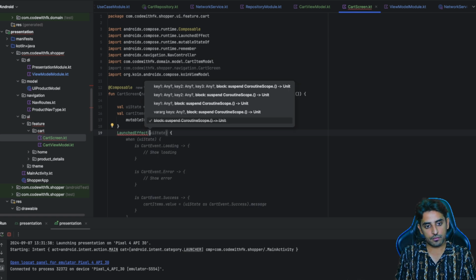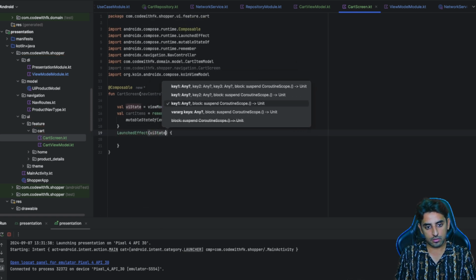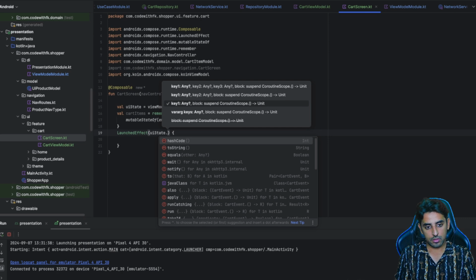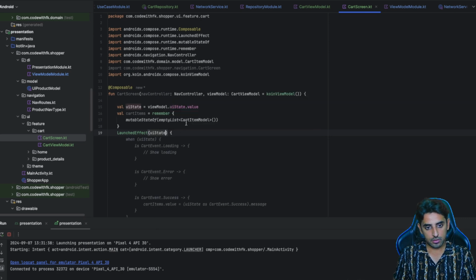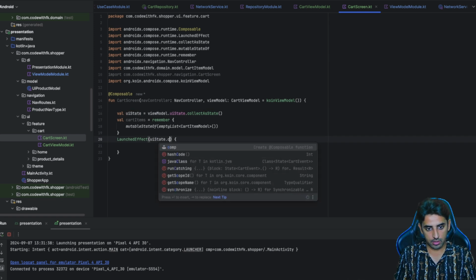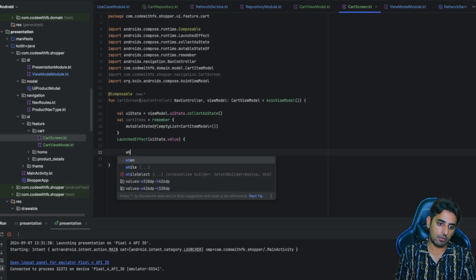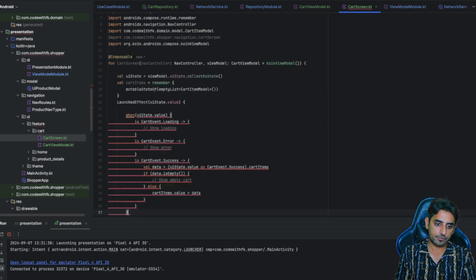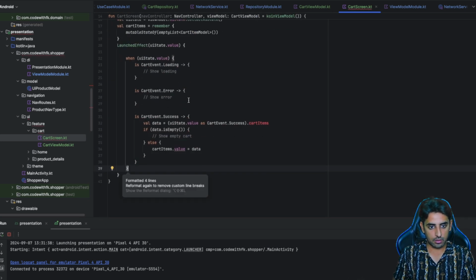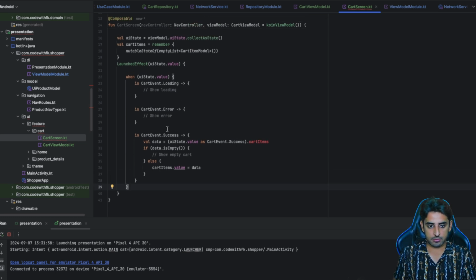And then what we will do is use launched effect of UI state. Okay, so we need to collect as state as well. So we'll say UI state dot value, right? And inside this, when it's loading, we do some stuff. When it's